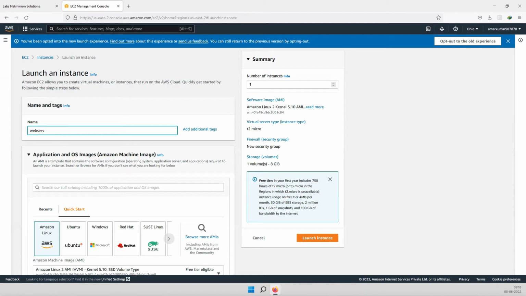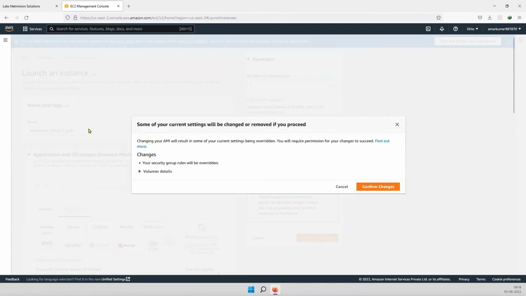Web server underscore test VPC 1, and this is on the public subnet. So I'm just creating this as a public type,